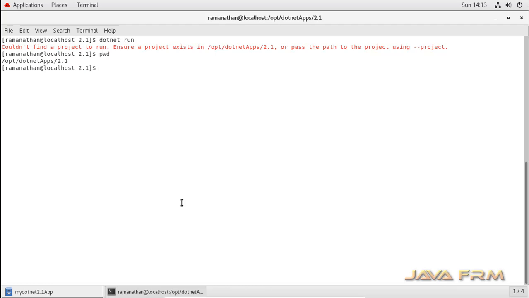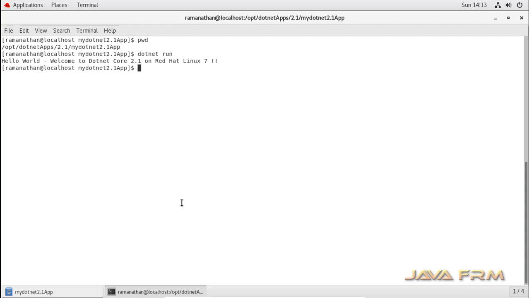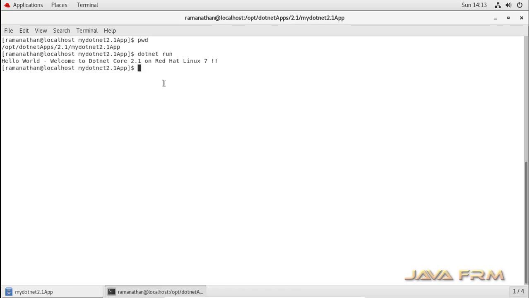Go into the directory of that console application and run dotnet run. This will print the hello world message in the terminal. Yes, you can see that hello world got printed. This is the way we execute a .NET console application.